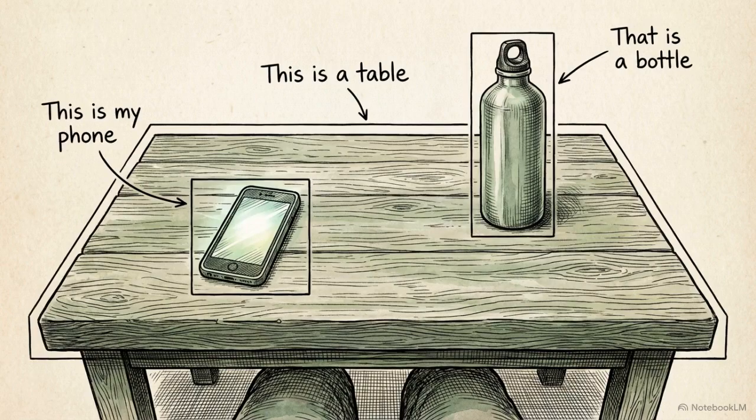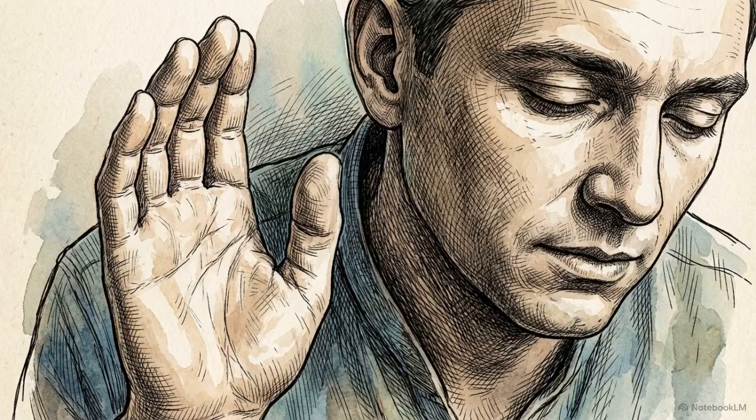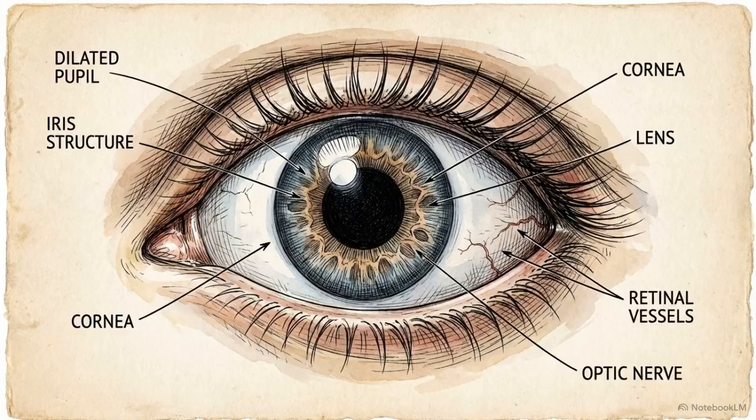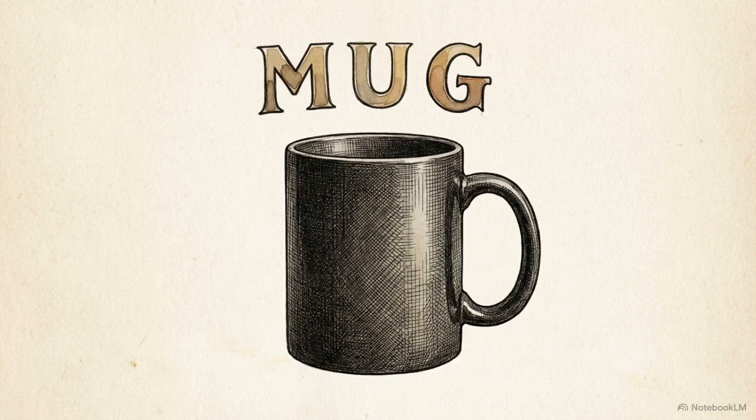Welcome to the object labeling drill. Instantly assign these desk objects short identifiers. This is my phone. That is a bottle. This is a table. The key is to catch yourself if you say the word in your native language first. If you do, stop. Look at the object again, and force your brain to link the visual shape directly to